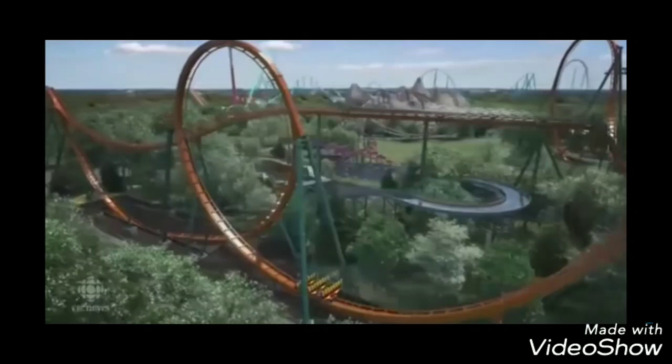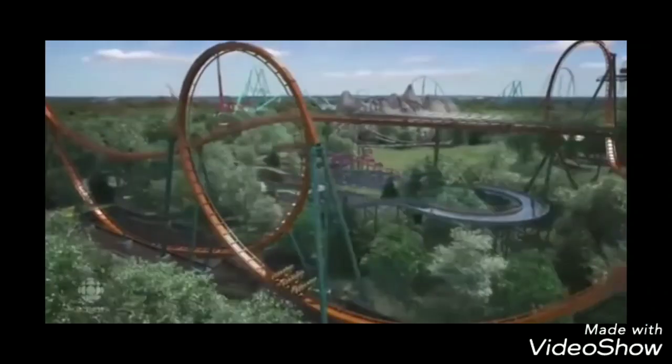Honestly, I'm excited, guys. This is fantastic. A vertical loop on a dive coaster. I've never experienced it, and I cannot wait to experience it. This is freaking awesome. Go to Amusement Insiders, watch this POV because it is fantastic. Guys, Canada's Wonderland and Cedar Fair knocked it out of the park with this. Not only is it going to beat every dive coaster...